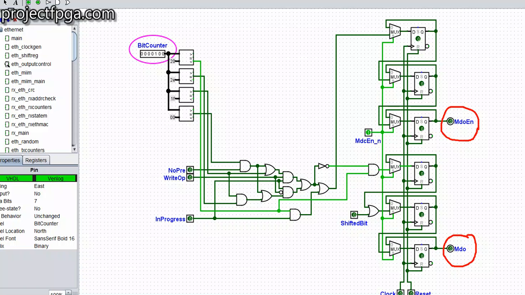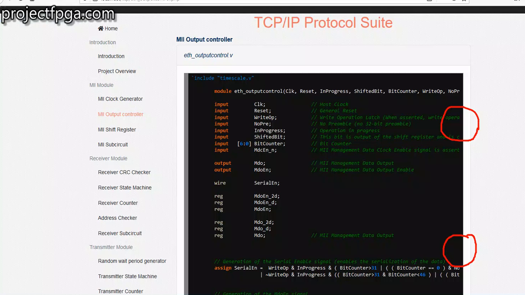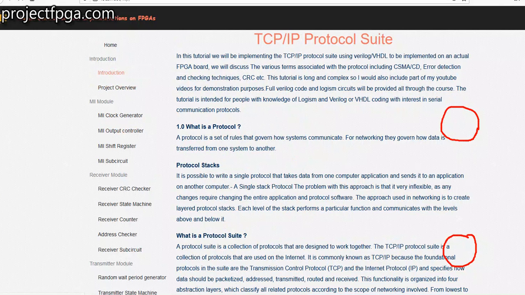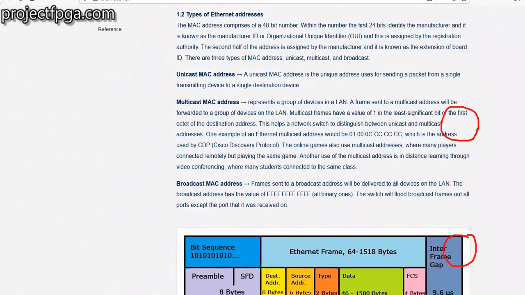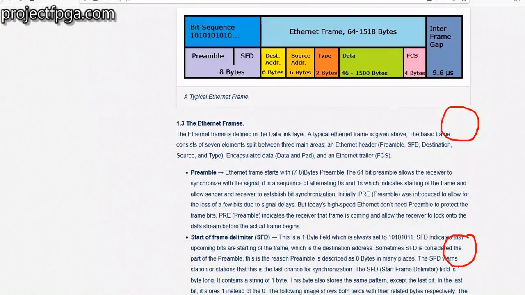Then we have this other input here, no pre. This no pre means no preamble. At the beginning of every transmission, a preamble is usually set. To know what a preamble means, you can go back to the site. In the introduction, I gave the different parts of the Ethernet frame, which usually starts with this preamble. This is the preamble here. It serves as